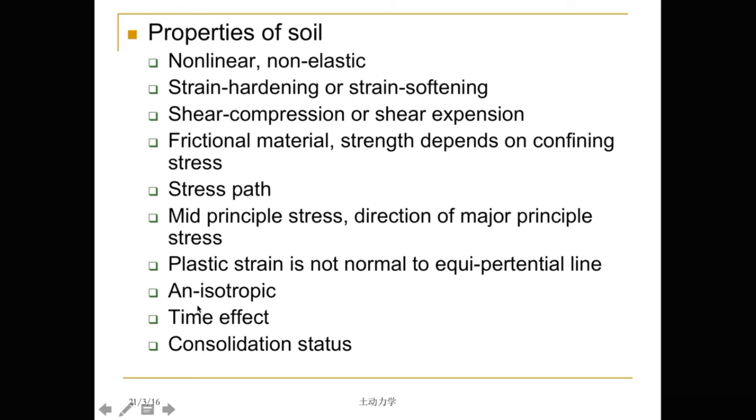Then isotropy. Now, usually in soil mechanics, we couldn't describe the anisotropy of soil. We take the soil as an isotropic soil. That means in the horizontal direction and in the vertical direction, soil has the same mechanical properties. But in fact, sometimes they are not the same. For example,